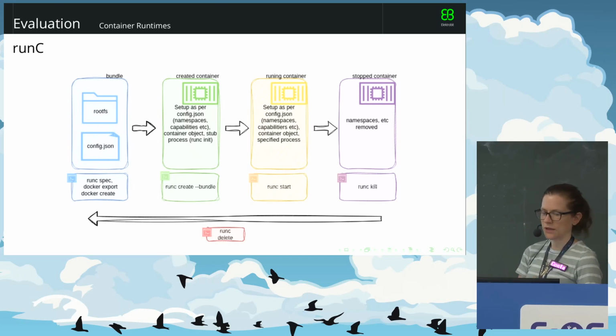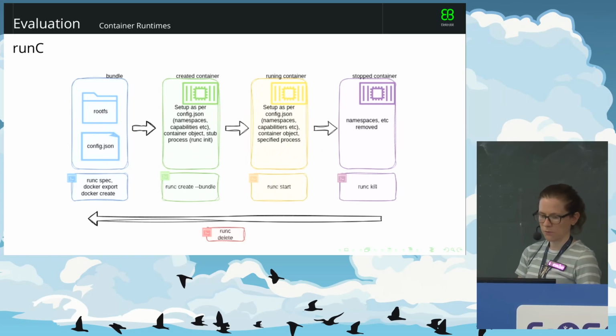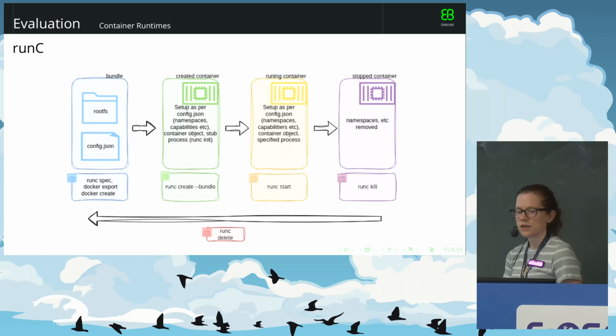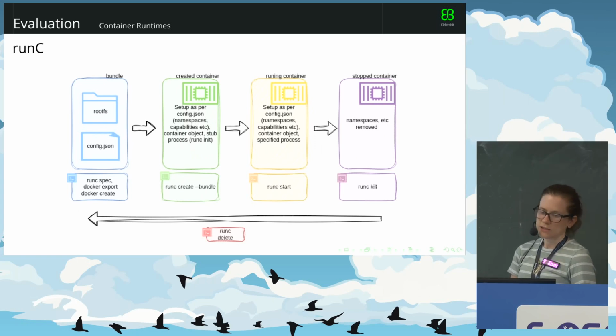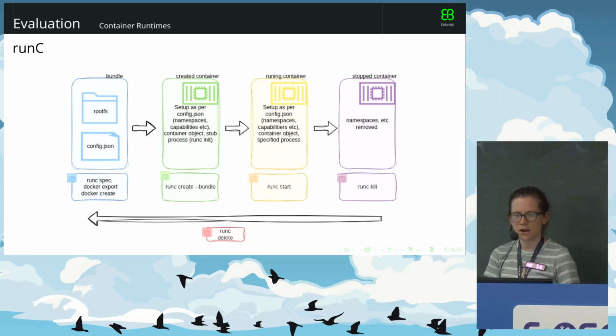Then you can create the bundle and have the created container. Then the setup will already be in place as per your config JSON. But if you then take a look at your running processes, you will see that Nginx is not yet running, but a stub process that holds onto those namespaces and so on. runc init will be running, and then to really start the container, you run runc start, and if you've done that, you will see